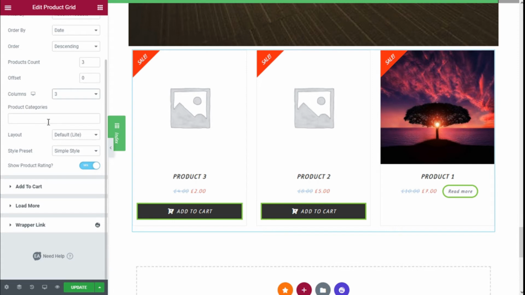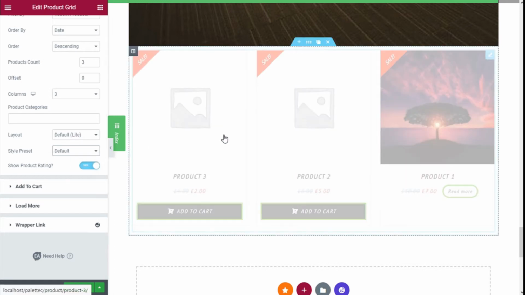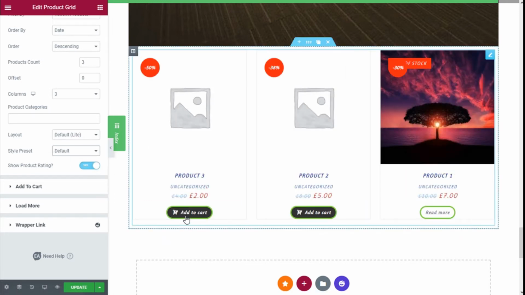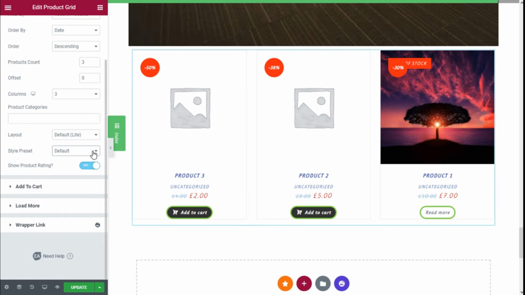And on the products category here we can add products of certain categories. And we have the layout, default and light, and for the style presets we can change them. Here we have the default, which is the one used in the default store, and the simple style,